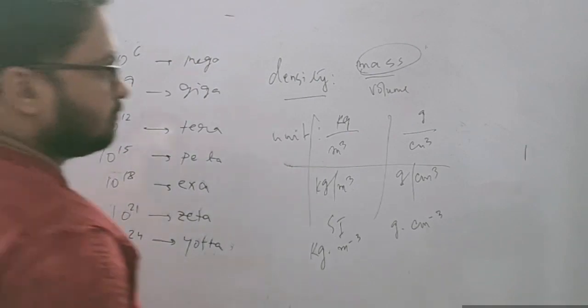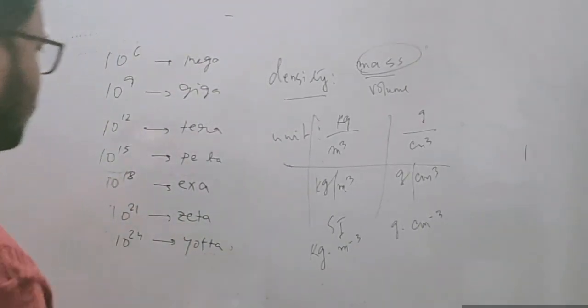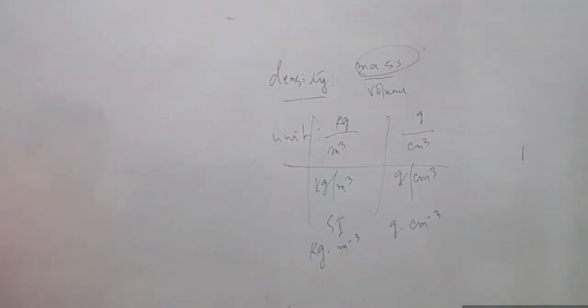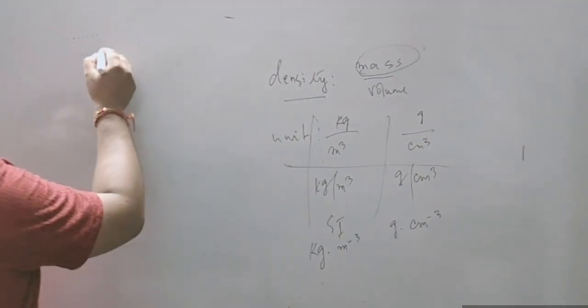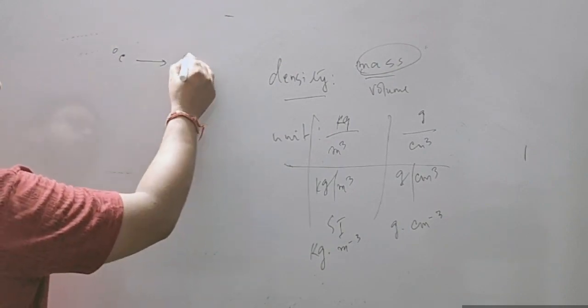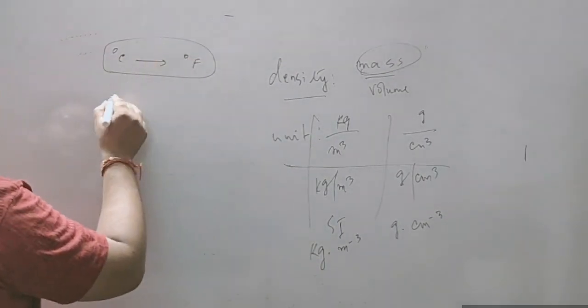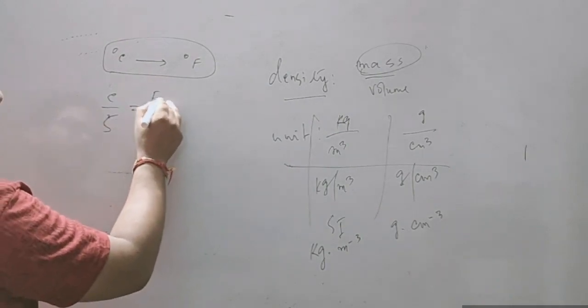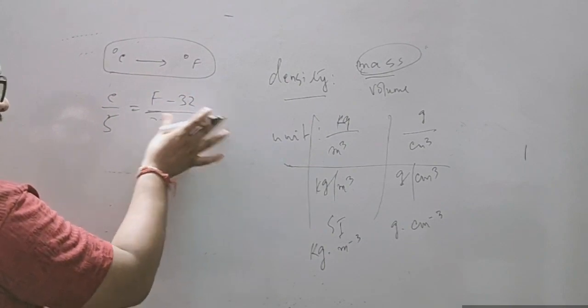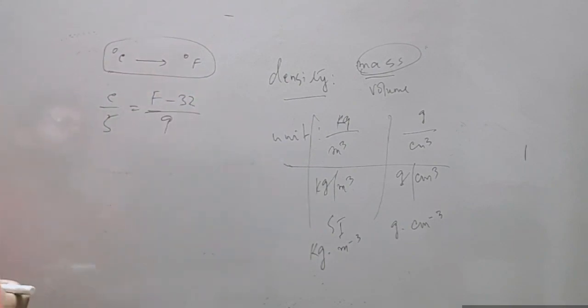And the temperature, if you want to convert, those are the basic things, okay. If you have temperature in degree centigrade and you want to convert it to degree Fahrenheit, the formula is C by 5 is equal to F minus 32 by 9. Suppose